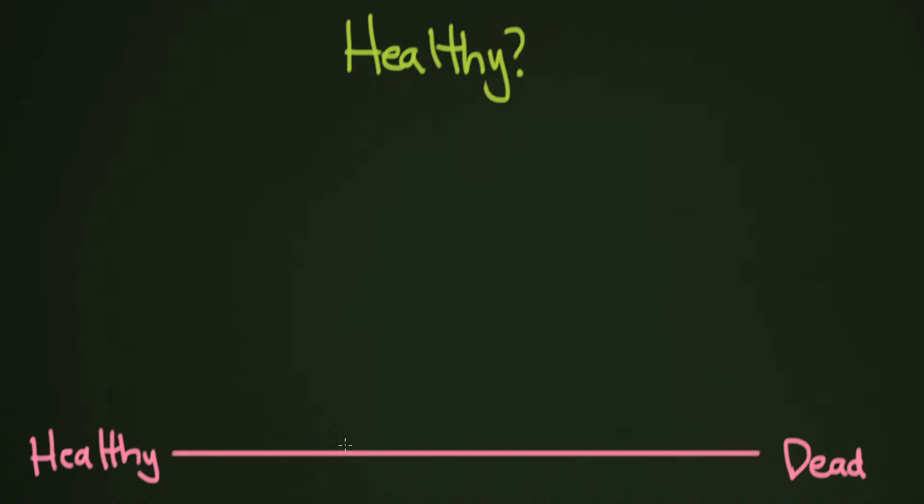Traditionally, that sort of hard question has been asked with a sort of dichotomy. A dichotomy is when you have two things, and you have healthy on one side and dead on the other side in this case. People have always kind of said, well, this person's over here, or maybe this person's over here, whatever the case. That kind of gets a little bit at what health is. It's describing it, but it's not quite exact enough. So, how about we take a look at a better way to think about this?